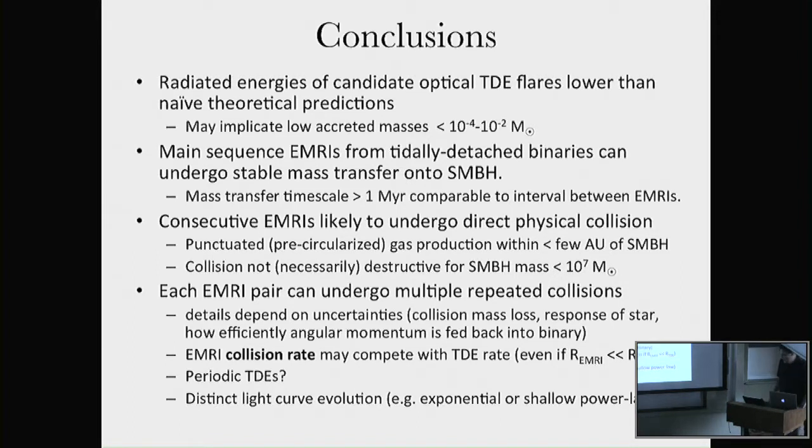One idea is if we have these stars that come in on almost circular orbits and feed mass slowly onto the black hole, which were discussed previously by people like Jane Dye and Roger Blandford, you could have another one come in and there could be collisions between the stars. And this could produce some interesting dynamics. I should tell you, this is just an idea at this point. We have to do more work to understand the stability of these colliding stars, how much mass they lose from these collisions, etc. So I'll finish there. Thanks.